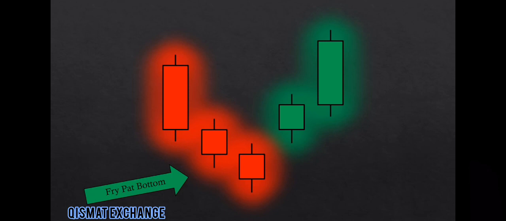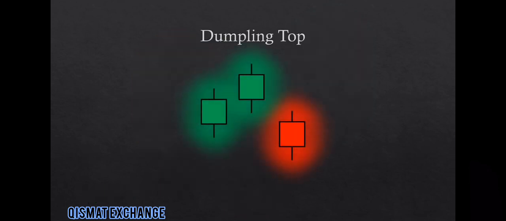Next we have the dumpling top, which is the mirror image of the fry pan bottom. So it's a bearish reversal pattern composed by 2 small bullish candles followed by a small bearish candle that opens with a considerable gap down. The logical interpretation follows the same simplicity of the fry pan bottom. A sudden change in direction aligned with a gap down means that buying pressure is vanishing away and that selling